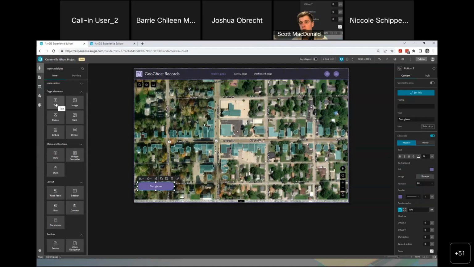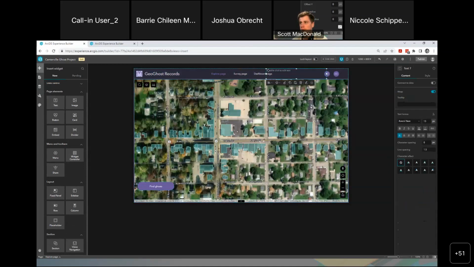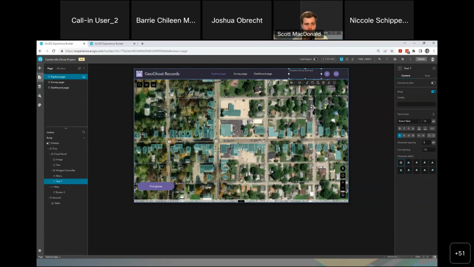If I wanted to add a new widget, say I want to add a text box, all I have to do is just drag and drop it. And this is automatically going to go into the place in the page that I've dropped it to. If I go back into my outline, I can see where I've added it. I've added it into this main page of the sidebar, and I can control it here. I can add in new content, placeholder something,